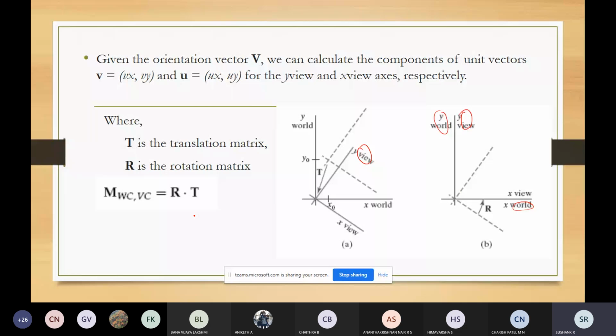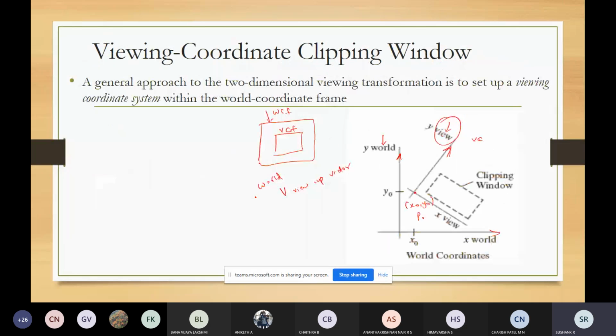Earlier, in this image, this is the viewing coordinate system. First, they bring it to the origin, so it will be like this. Then they perform the rotation of this viewing coordinate system such that this line will intersect with the world coordinate system.